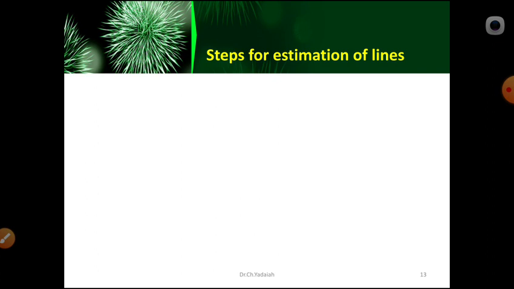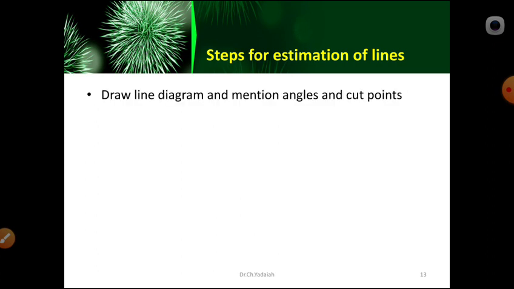Steps for estimation of the line. After drawing this line, what are the steps you are going to do? After understanding the line, what calculations are you going to do? Very simple. For a given problem, first draw the single line diagram similar to the previous one. Then the second step, find the number of spans. That means pole to pole, how much span distance we are going to use, whether it's 70 meters, 80 meters, 90 meters or 100 meters. We decide the span.